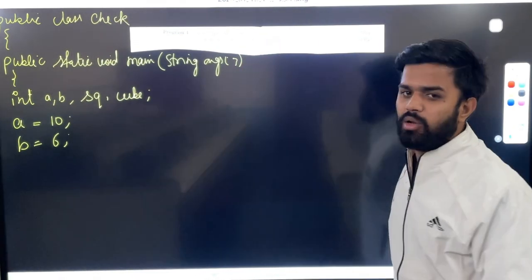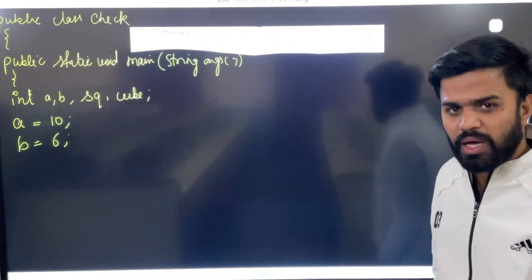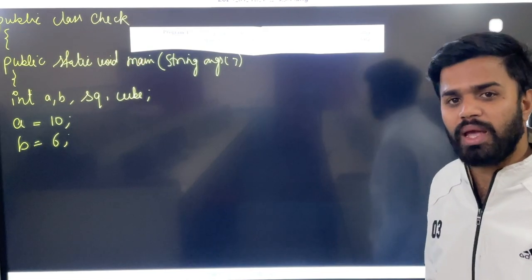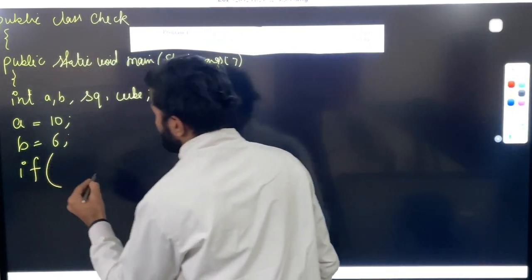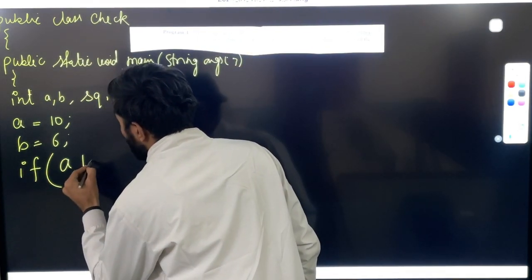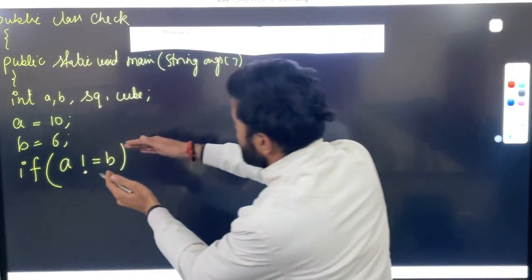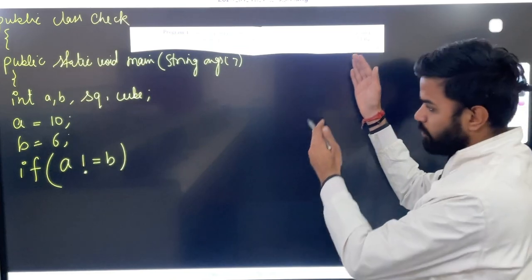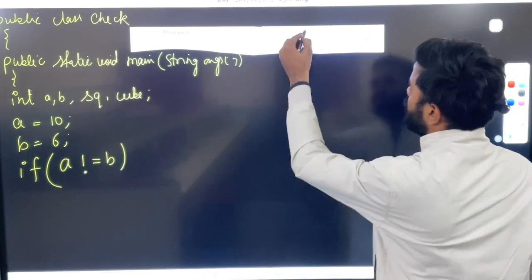So now the next thing is assign two unequal numbers. The two unequal numbers are assigned, but we are going to check also. We have to check whether these two numbers are unequal or not. So first of all we will check whether both numbers are unequal or not. So a is not equal to b. Is it clear, class? Now the rest of the things I will write here. Is it clear? You will continue after this statement, but I will start from here.